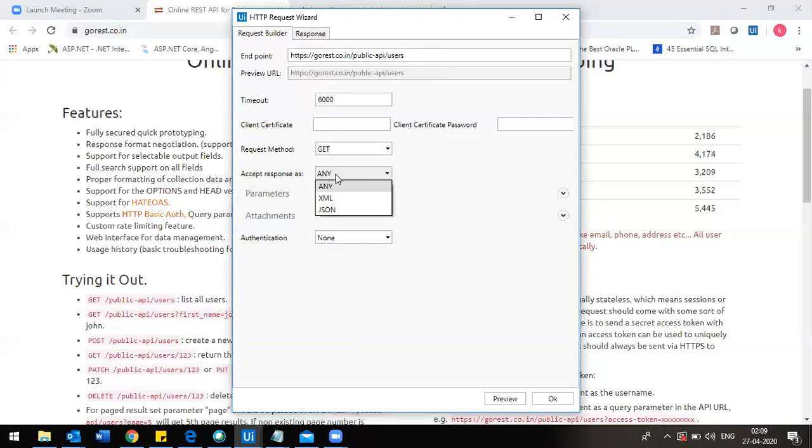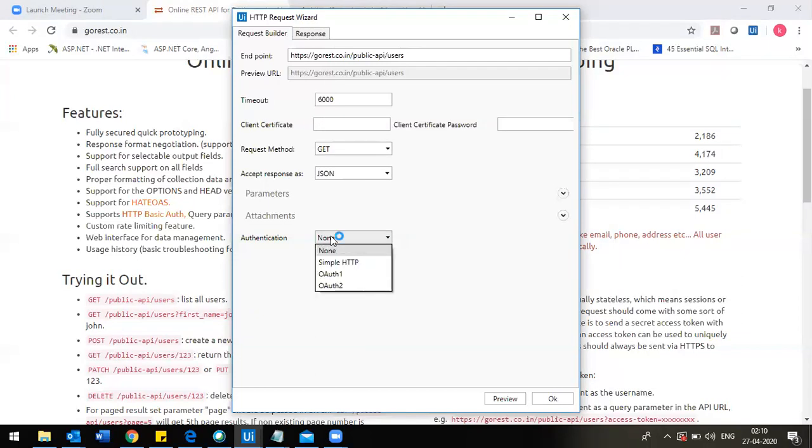When you make a request from client to server, the server will give you some response. So that response we are talking about here. There are two types: one is XML and the other is JSON. These two formats are the only ones available because the web application understands only these two formats, either XML or JSON. So I'm selecting JSON.